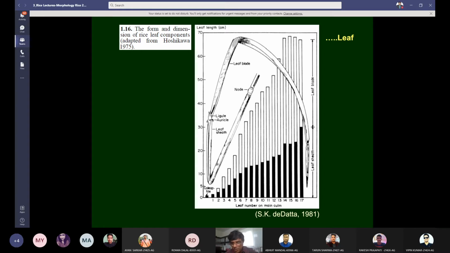Number 2 leaf, you have more leaf sheath length than the leaf blade length. And also see in number 1, there is no leaf blade. No leaf blade in number 1, only sheath is there. So then you see the length. In general, you can say that leaf blade is longer than the leaf sheath, and the top 4 leaves are almost equal in length. Top 4 leaves are almost equal in length.